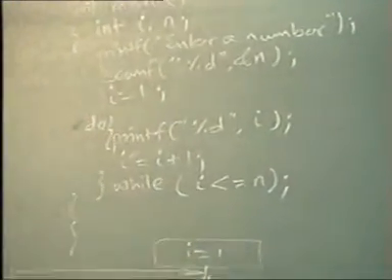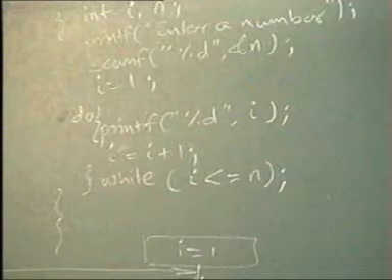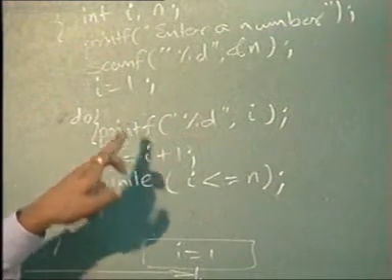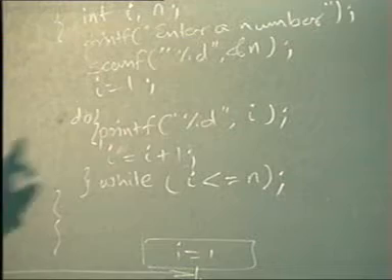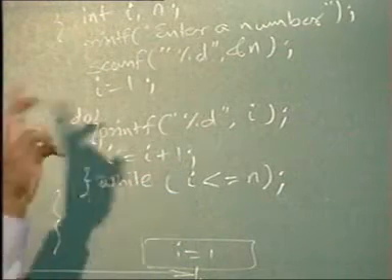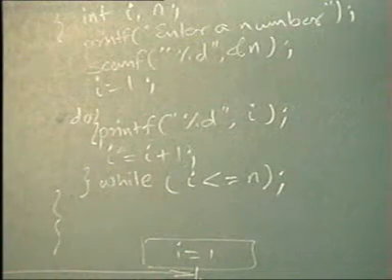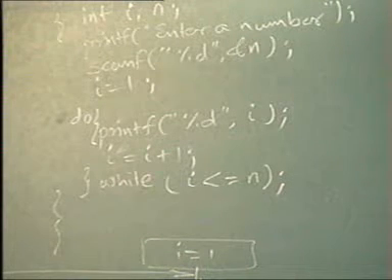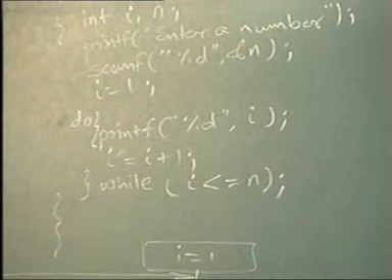I am supposed to go back to print and not I equal to 1. Because if you by chance include this inside, then every time I increment I, it will be again set to 1. So you will never come out of it. Such a thing is called an infinite loop. You run this program and it will keep on printing 1 1 1 1 1 and it will never stop.